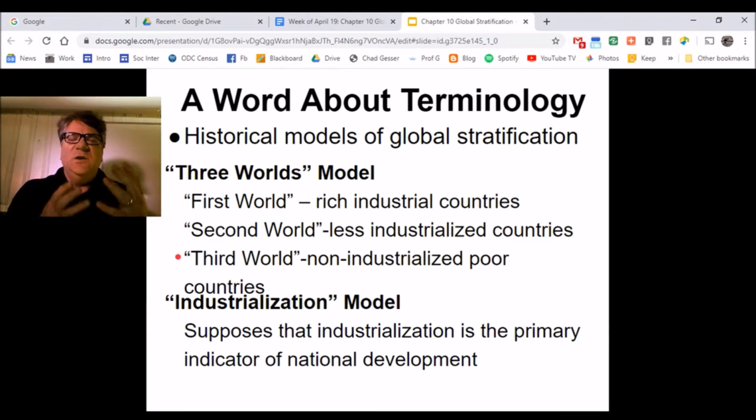And then you start looking at sociocultural evolution, where we think about hunters and gatherers, horticultural and pastoral societies, and agricultural societies. And one of the things that you want to think about is